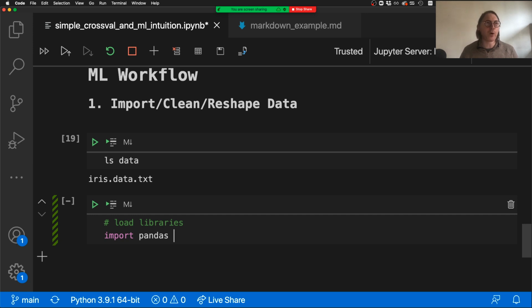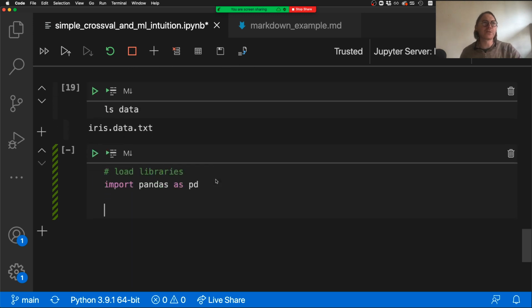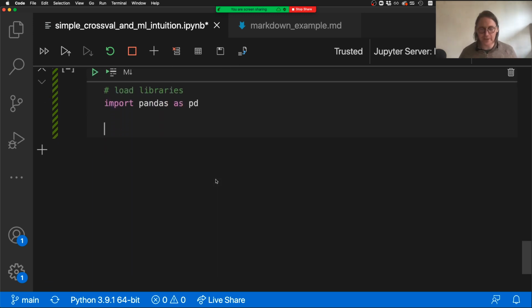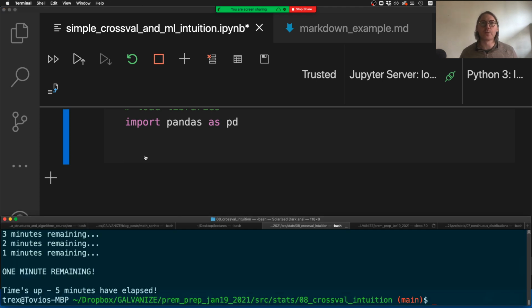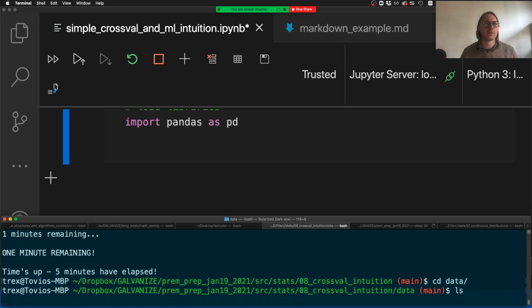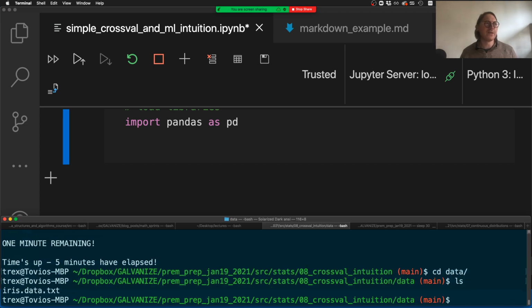So I'm going to import pandas as pd. This is a convention. That's usually what we name pandas when we import it. So import pandas as pd. Maybe I'll make this a little bit bigger for the moment. And if I look at our actual data, and maybe I'll do this in the terminal, so we can see that there's this iris.data.txt. If I look at the first number of lines of this,